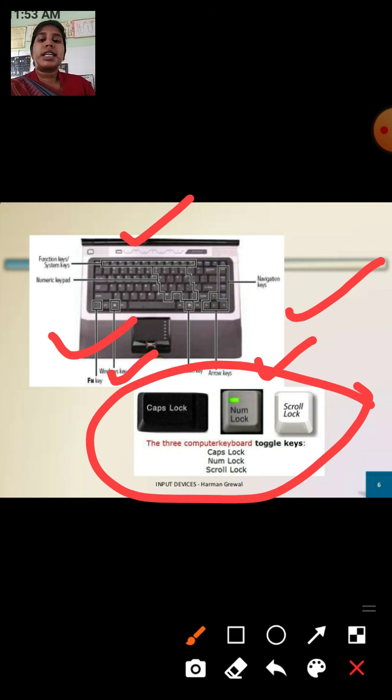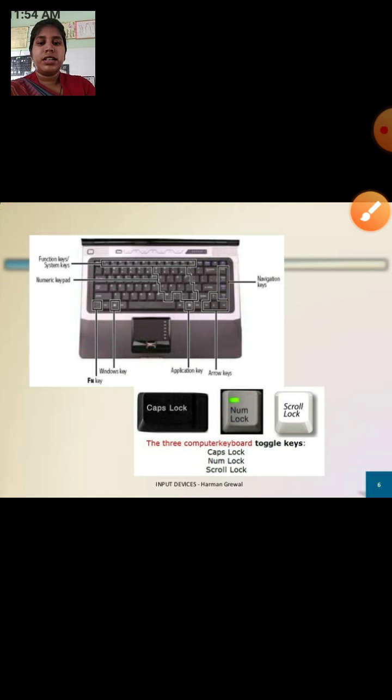A toggle key on our keyboard is used for on and off purposes. For example, the caps lock key: if we want to write in capital letters, then we press the caps lock key, and that makes our letters capital. That means on and off purpose. So examples of toggle keys are the caps lock key, number lock key and scroll lock.